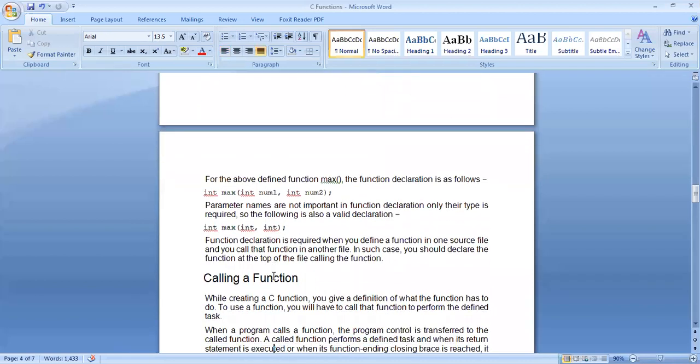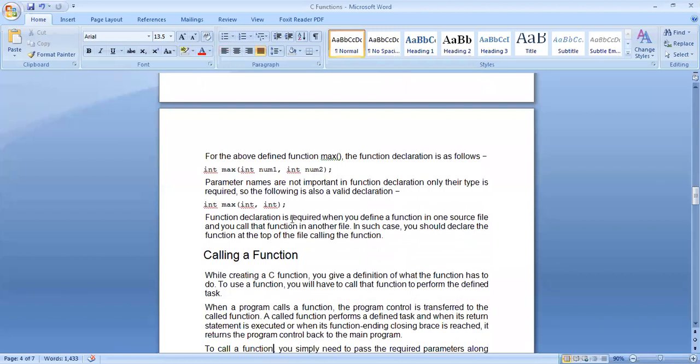And why do we need a function declaration? It is required when you define a function in one source file and you call the function in another file. In such a case, you should declare the function at the top of the file calling the function.